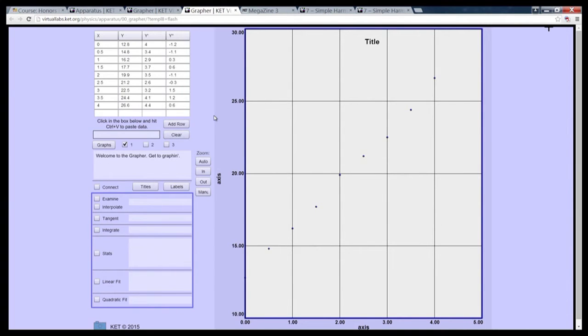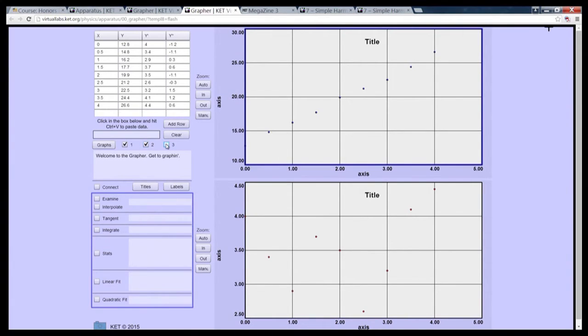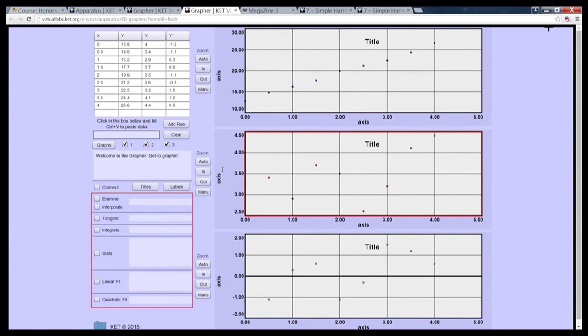Okay. Now, a couple of things to do here. You'll notice that it says graphs 1, 2, and 3. Generally speaking, before we, for example, print out a graph, we don't want it to be at the end of this whole page, and you're going to learn about printing out graphs shortly. Clicking these little X's here will bring up other labs, and you're going to learn more about them then, but the top one is the one that our data is